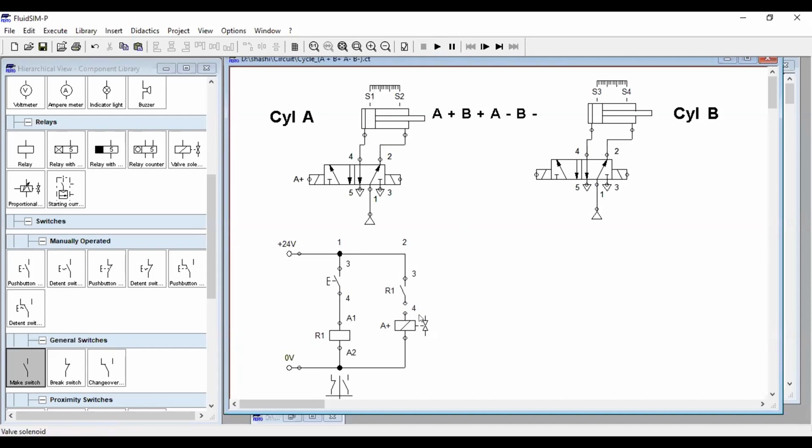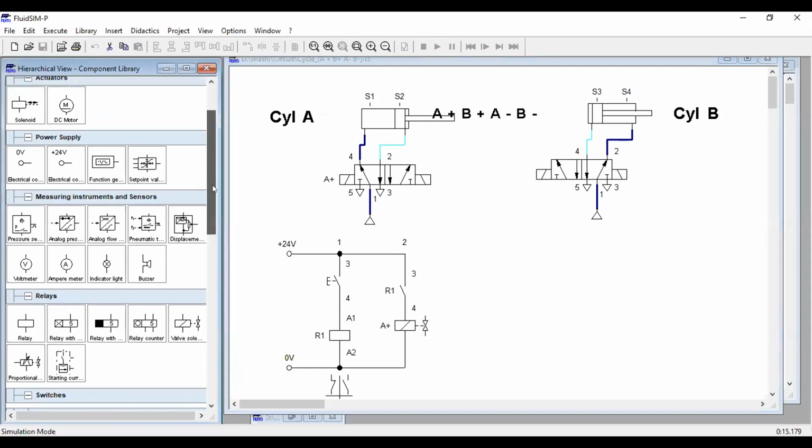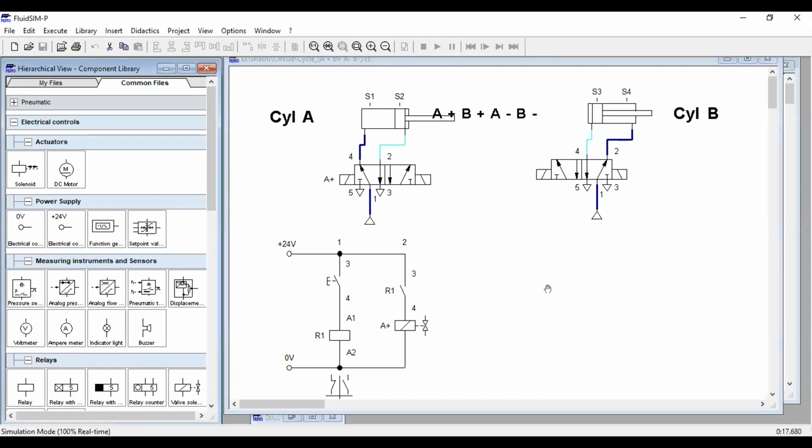There is no connection. यहाँ पे connection नहीं किया था, due to that it was not working. So we'll connect this to this thing. Now play. So here you can see A plus stroke because this gate is ending. If you want to parallelly do A plus B plus and A minus B minus, we can use the same R1. That's the advantage of using this.